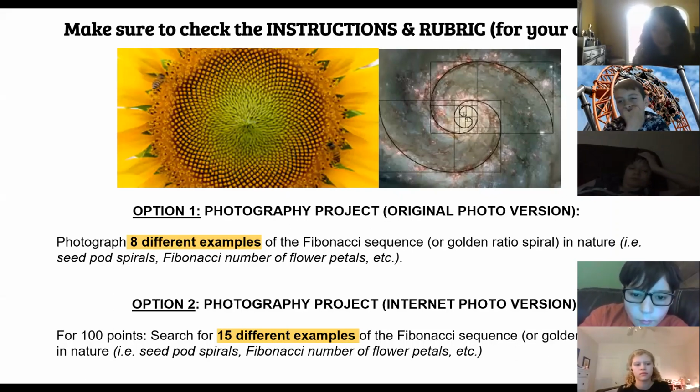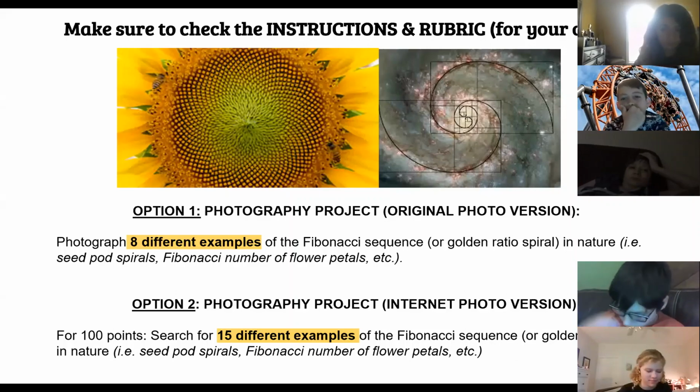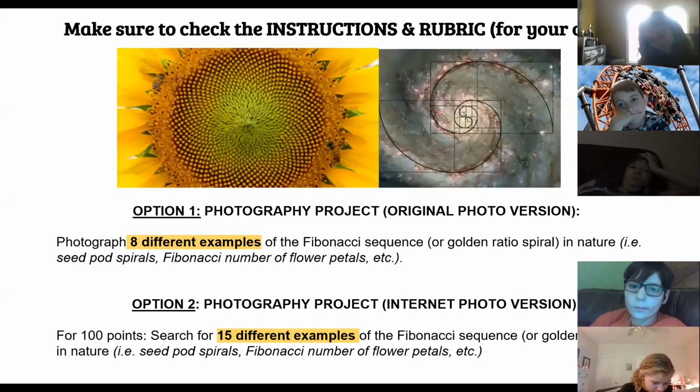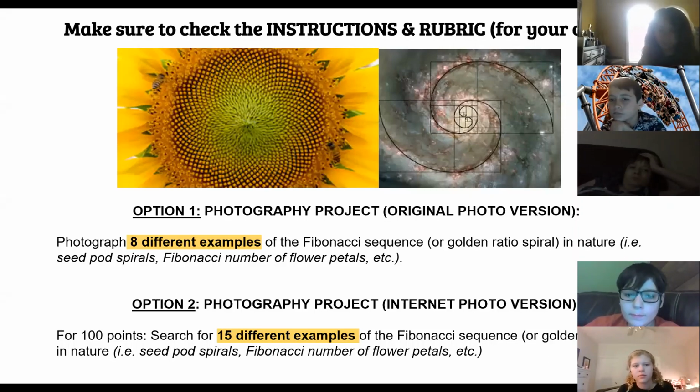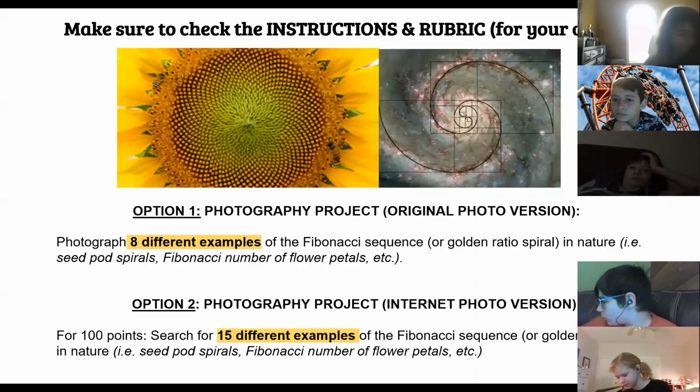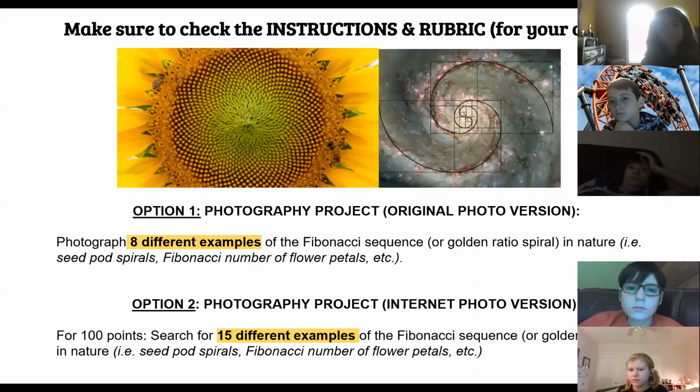No, just like what I was saying to Owen, if you have a flower that has 5 petals, you just say this is related to the Fibonacci sequence in nature because it has 5 petals and 5 is a Fibonacci number. That's all you have to do. And sometimes daisies have 34 petals and 34 is a Fibonacci number. So make sure you look at my explanations that I have posted on